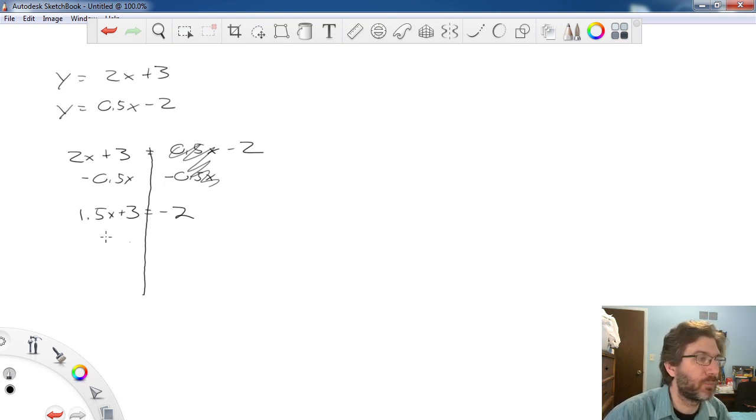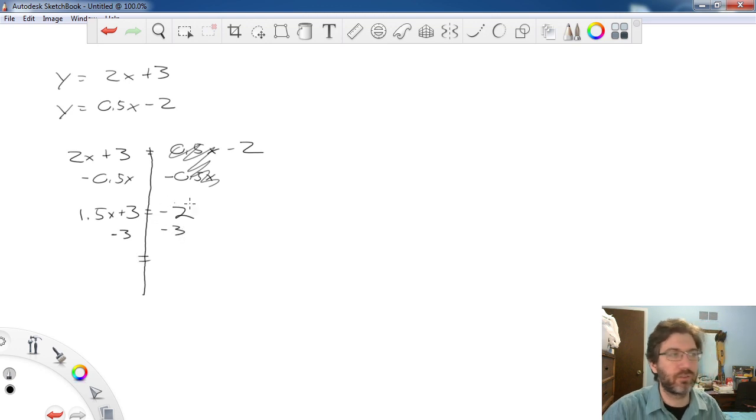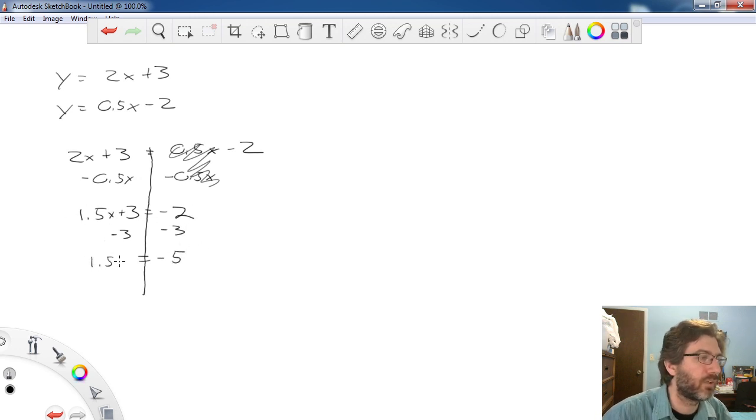Then you just do your algebra to solve for it. I'm adding 3 over here, so let's do the inverse and subtract 3, subtract 3. Watch your integer work. This is a -2 minus 3, so that should be a -5. And we got 1.5x equals -5. Then you go ahead and divide by 1.5, divide by 1.5, and x is going to equal whatever -5 divided by 1.5 is, which is